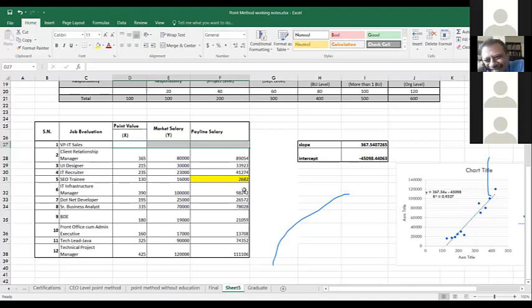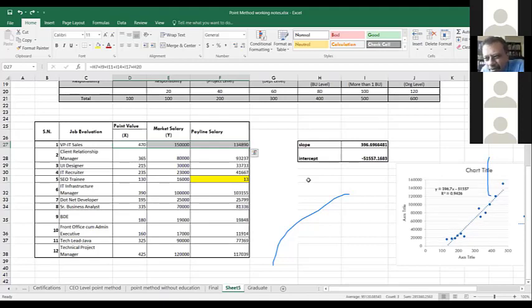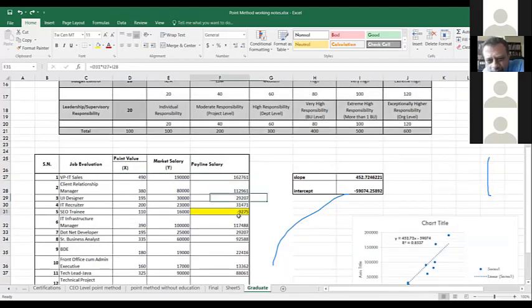Exactly. And then, sir, how about VP or C level positions? Even for VP and C level positions, we don't need to pay them as per the pay line, because if you say I'm paying 1 lakh 30 when the market pays 1 lakh 70, then you may not get good candidates. So very high and very low positions you can exempt. I was confused because my R square is very good, yet the salary is coming very low, or in certain cases negative.